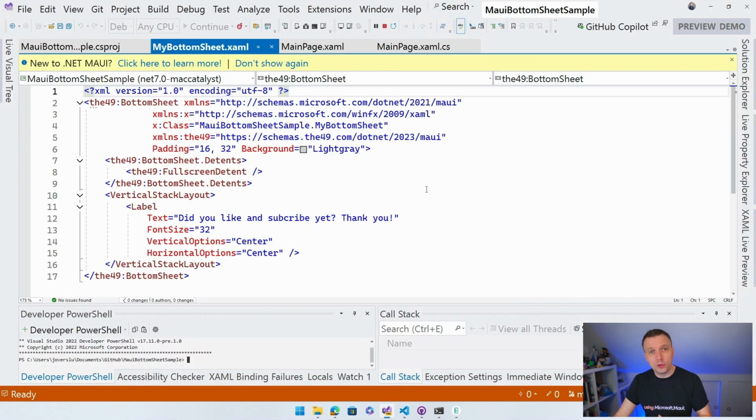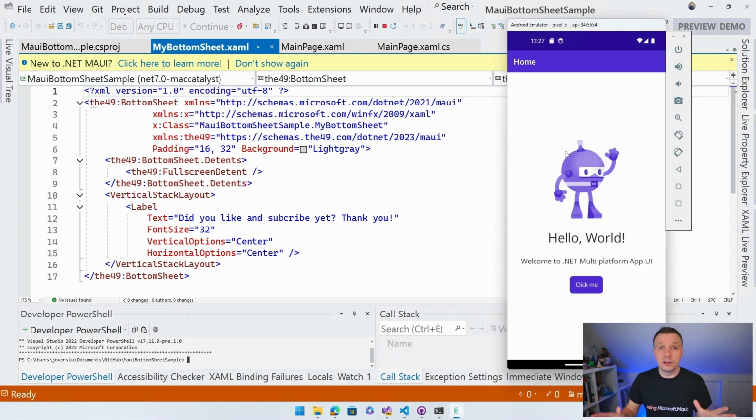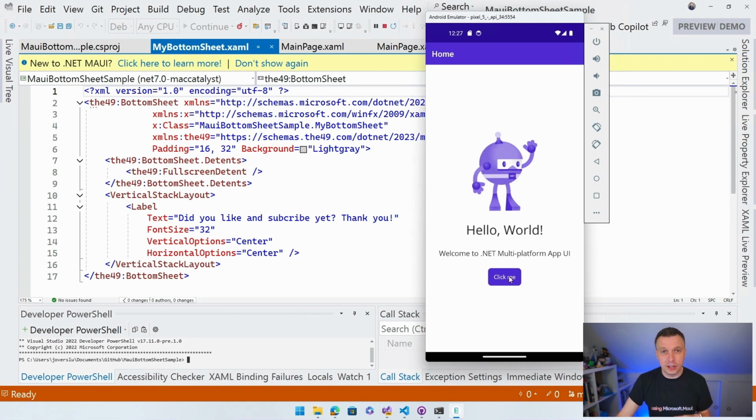And I already pulled down the repository from my demo app from last time, and it's running here on Android. So again, this was an alpha version, so some weirdness was to be expected, right? That's what happens. And I implemented it, and whenever you click here, the bottom sheet will come up. And this was one of the weird things on Android, because the background color didn't really work, and it didn't show the handle, and then you could do it full screen, but there was some weirdness going on. Again, alpha version. So let's just update it now and see what happens.